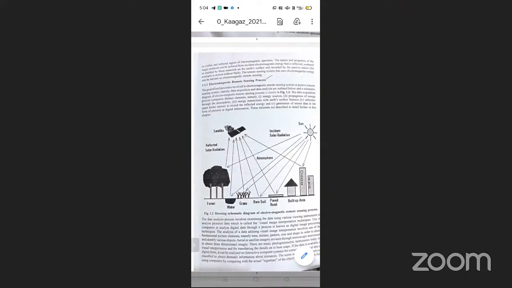The sensors take the photograph. The observation means the sensors are taking the photograph. These sensors are mounted